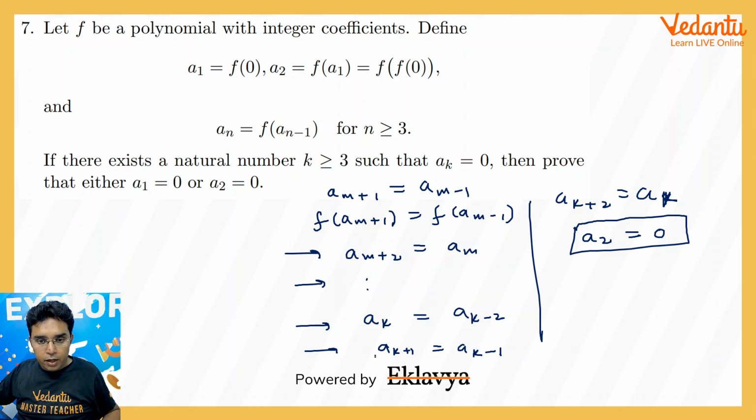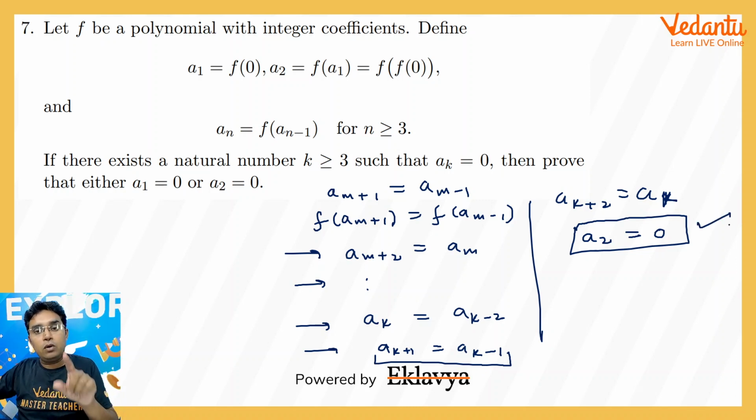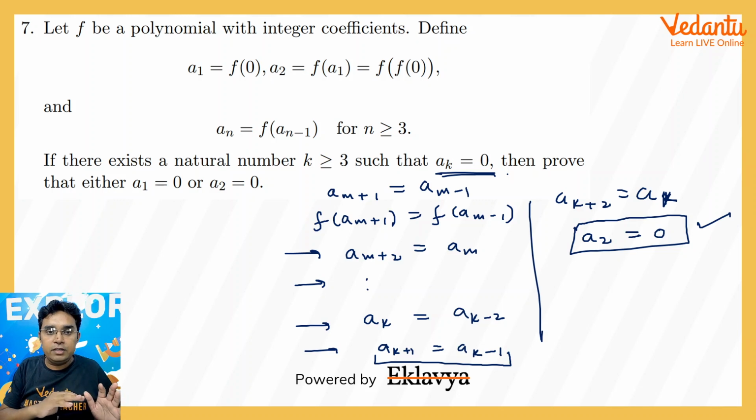I think for a1 we may not be able to conclude whether it will be 0 or not, but yes, a2 will definitely be 0. But yes, if a1 is 0, then also ak will be 0. So there will be a mixed kind of scenario. You can say that when a1 is 0, then also ak is 0, and in some cases when a2 is 0, then also ak will be 0. In fact, when a1 was 0,